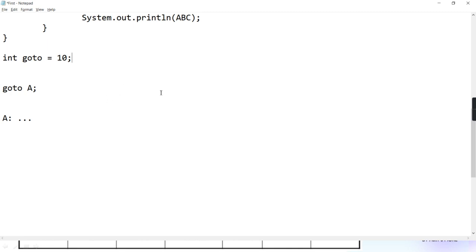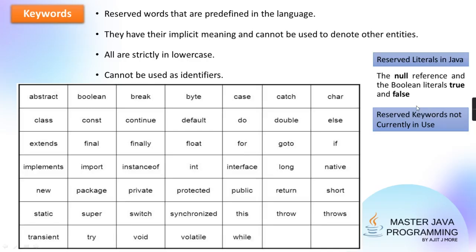You cannot use it for anything else also, because Java has kept it still reserved. So all this is asked in MCQs also, even in your basic certification exams. These are reserved words, but they are not in use.